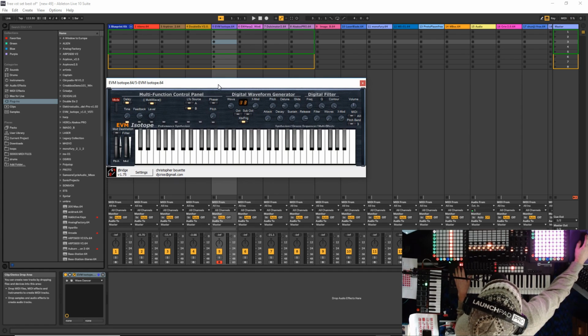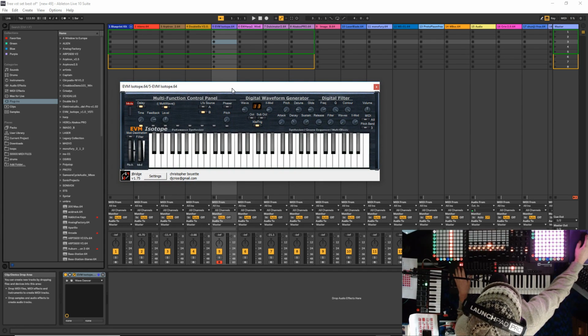This one was kind of interesting, kind of blew me away at first. I didn't really like it, but then playing with it, I do like it. So it's a performance synthesis, and what we have here is, I think, 70. Okay, so you got 70 different waves here that you can pick from. And you have different ways of manipulating this sound, and you got a phaser with LFO source A and B, and